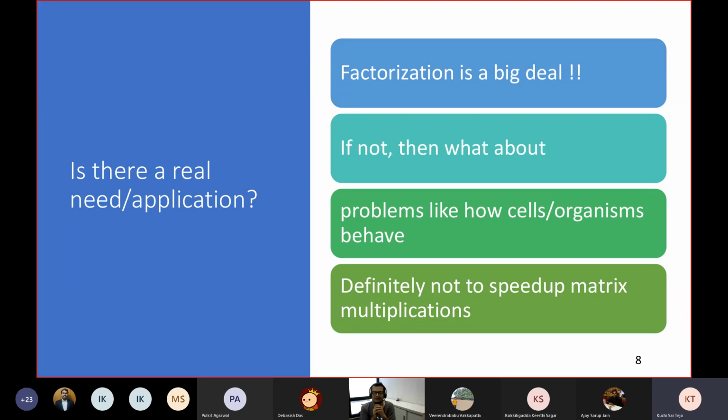But having said that, there's a disclaimer. Quantum computers are not for speeding up matrix multiplication, or the accelerators or tensors that we are discussing during our course. So it has its own utility. That's why I said you should not compare the notion of the quantum paradigm with the modern computing paradigm. They are two different things. If you compare them, it will be like comparing an apple with an orange. They have their own utility and their own issues.